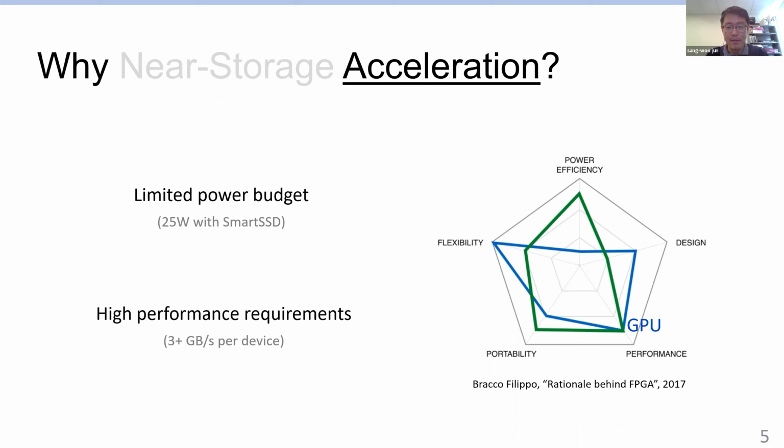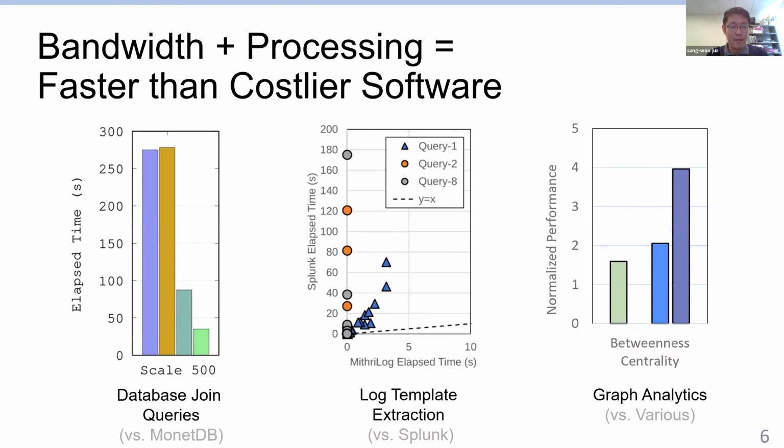FPGAs are typically known to be at least as capable as GPUs in most applications, while being able to provide a significantly higher power efficiency. There is a slight issue in that they're quite a bit more difficult to program, but maybe we'll have time to talk about that as well today. So coupling higher, faster internal bandwidth with the higher processing capabilities within the power budget of an accelerator, we are